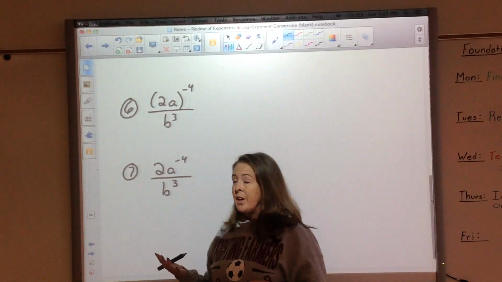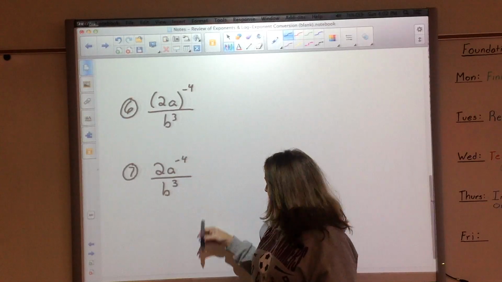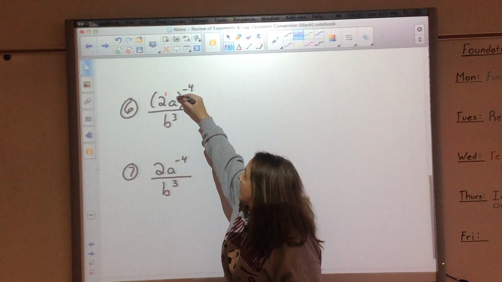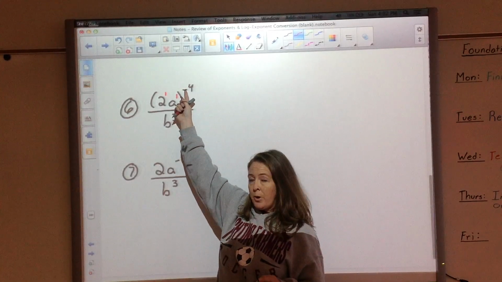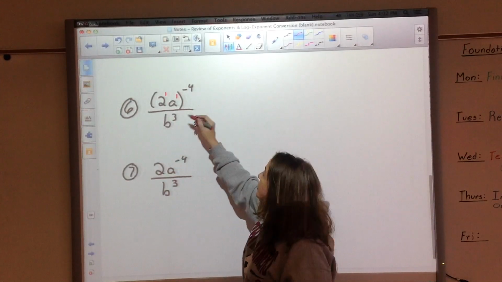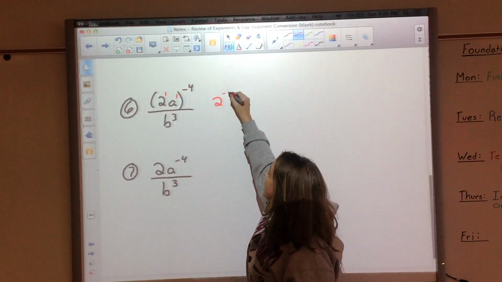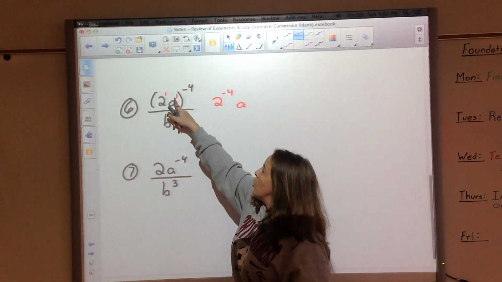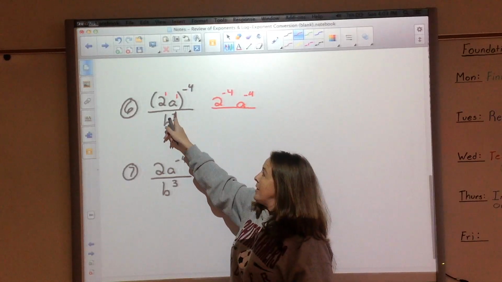Okay, similar thing here. We have a negative exponent on the outside. We also need to understand, remember, that this is an understood 1, and this is an understood 1. So I'm still distributing that negative exponent, which means multiplying by the exponent that was previously there. So this is going to be 2 to the 1 times negative 4 is negative 4. And then I have a to the 1 times negative 4 is negative 4 over, now this is not in